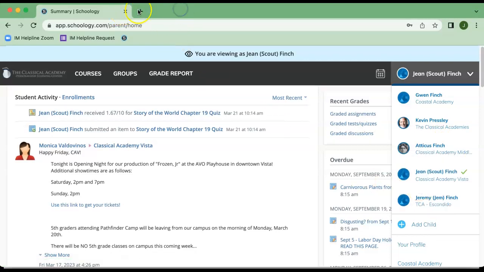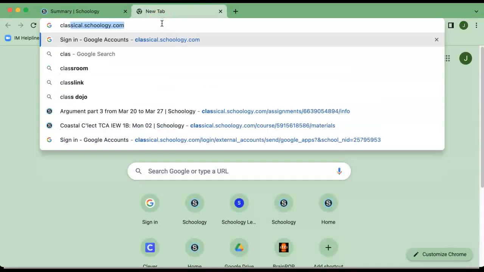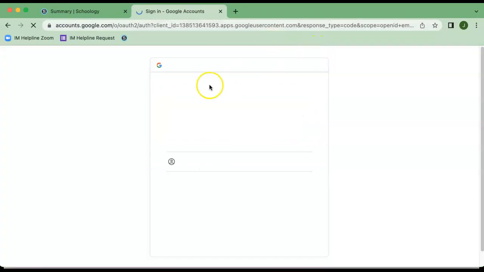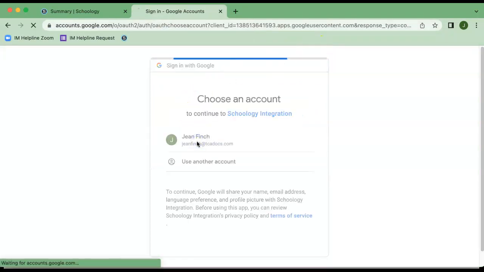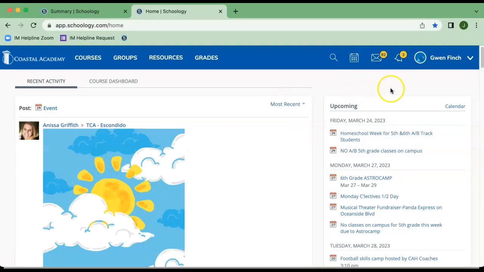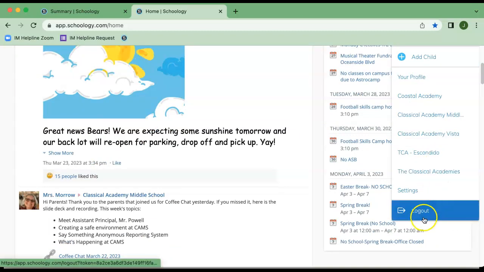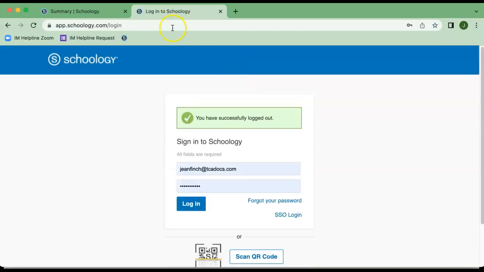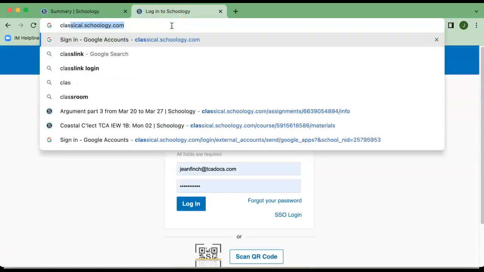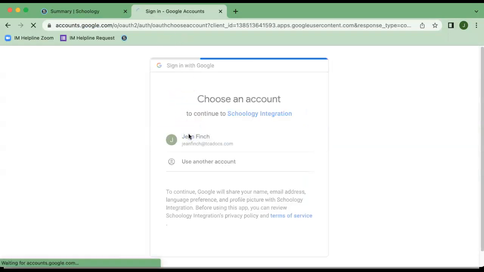Now I'm going to go ahead and open a second tab and go to classical.schoology.com. I'll select the student name. And then what sometimes happens is a second parent account opens. So if that happens to you, just scroll down, log out, come back to the URL and switch back to classical.schoology.com. Select the student,